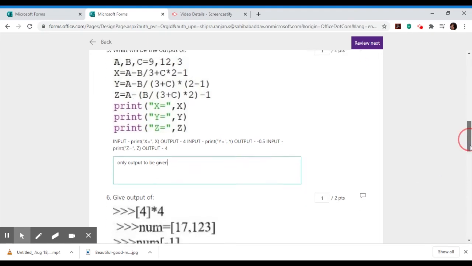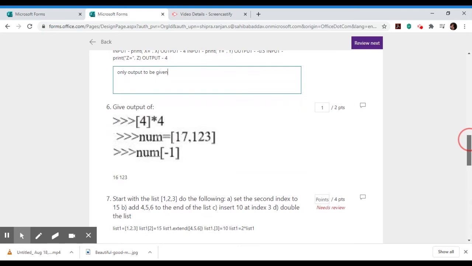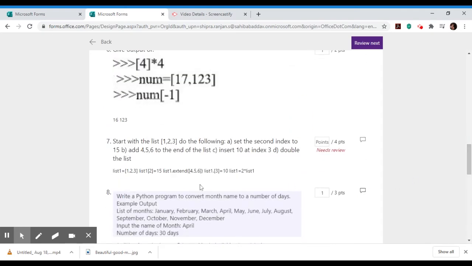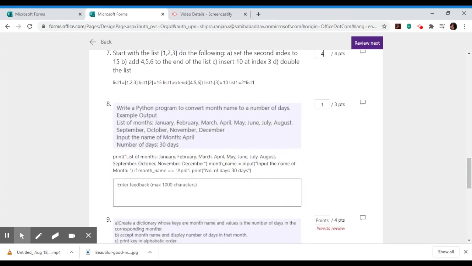Then let's see another. This one is already checked and 1 mark. Next one, full 4 marks for this. Let's see another one. This is checked and feedback can be given here, and the feedback is: write code for all months.